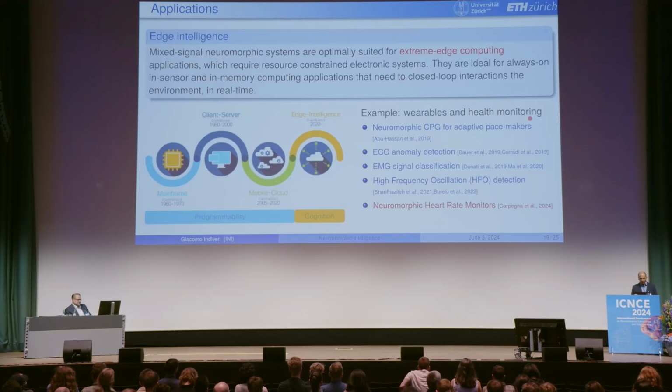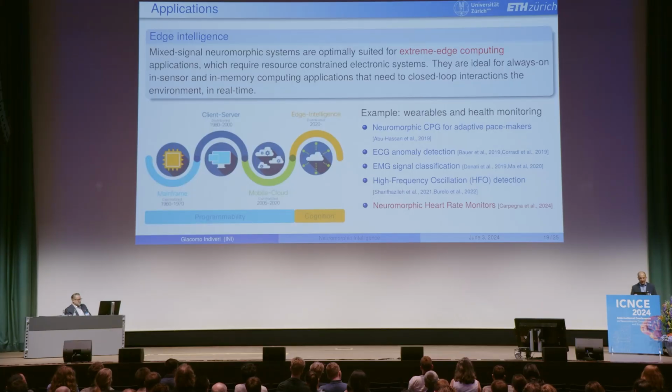We've been looking at ECGs, heartbeat anomaly detection, and trying to decode muscle activity, EMG, for example, for controlling prosthetic devices, without having to wear a backpack, with just a small lithium battery and a chip that can do the decoding. We've also been detecting in the EEG whether you have epileptogenic zones that create seizures, again using these low-power chips.